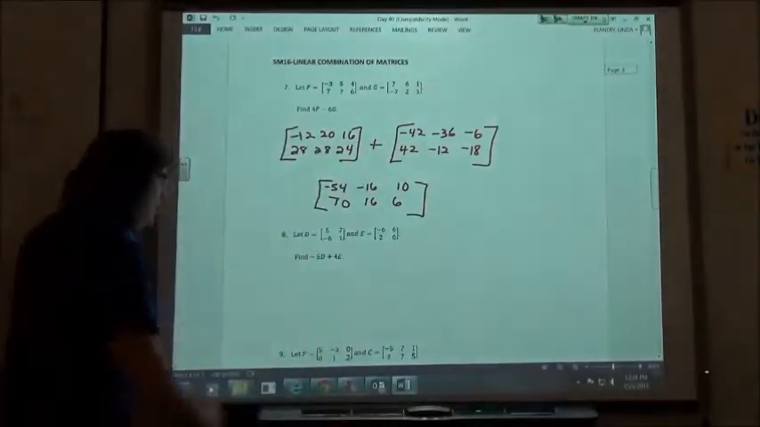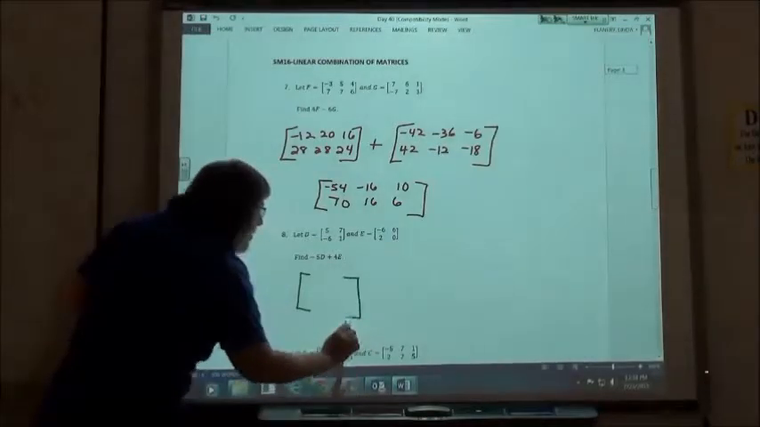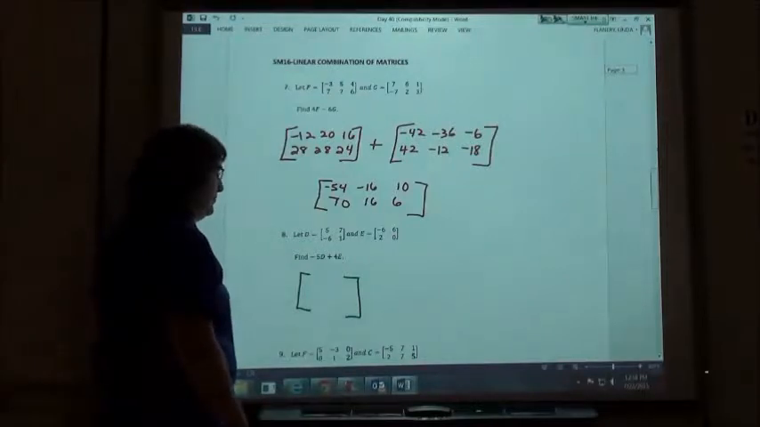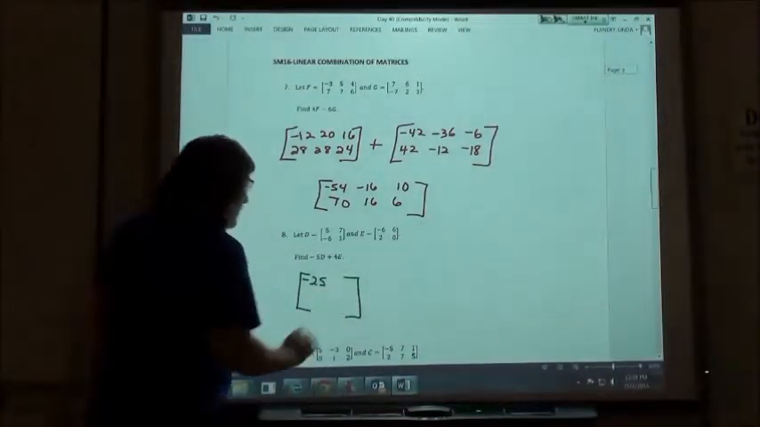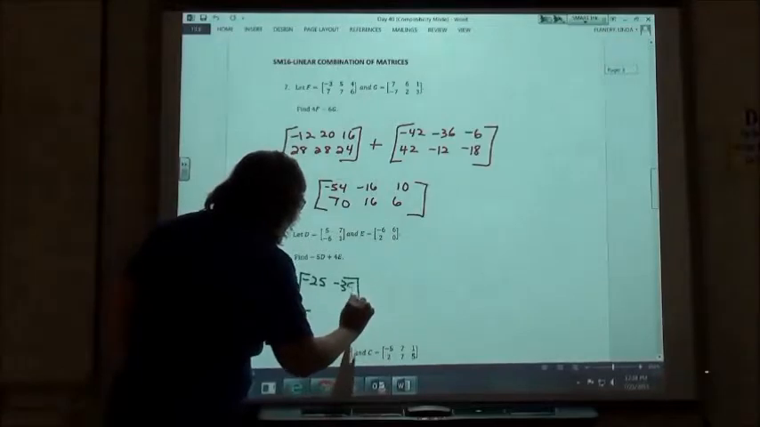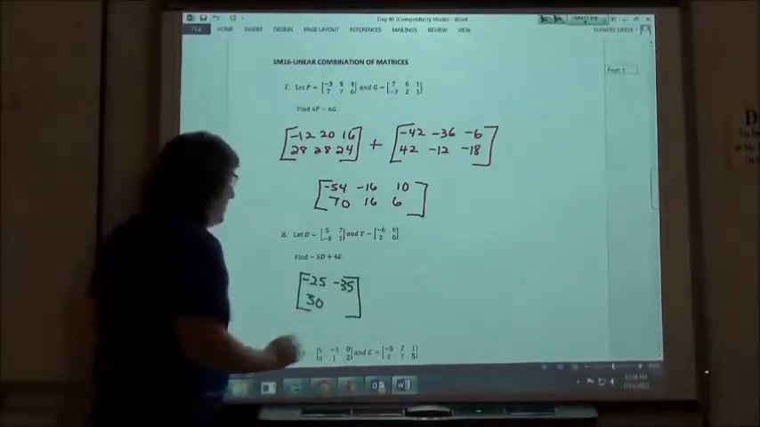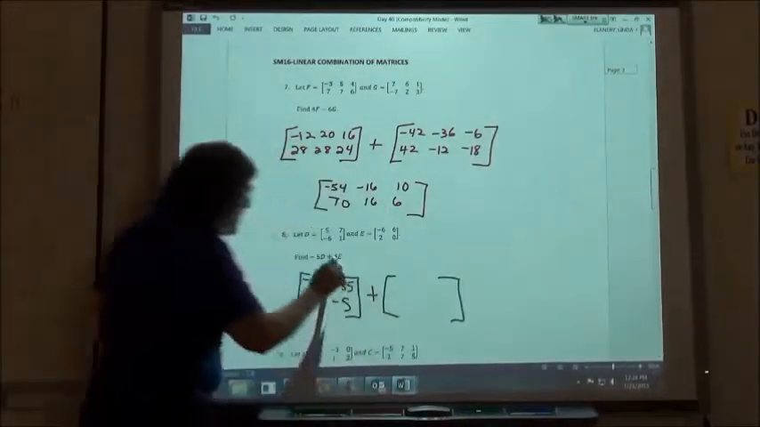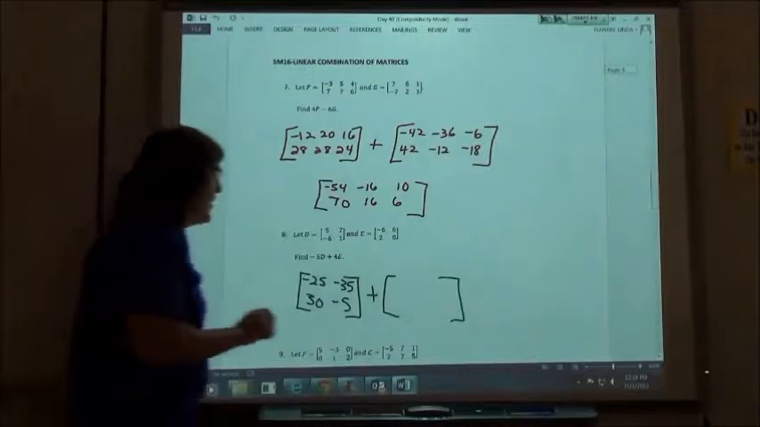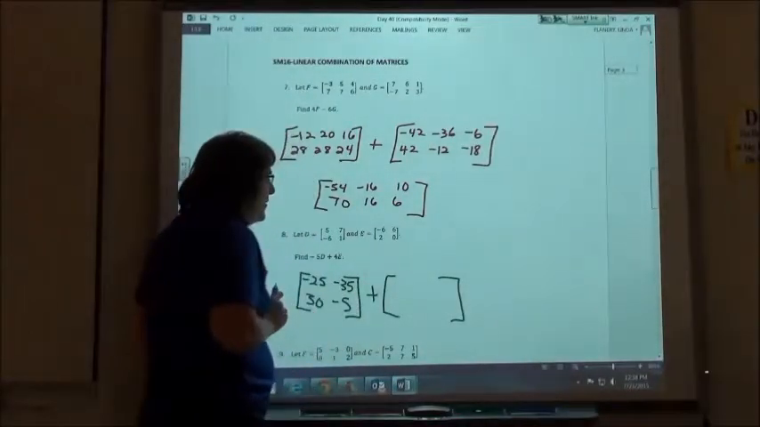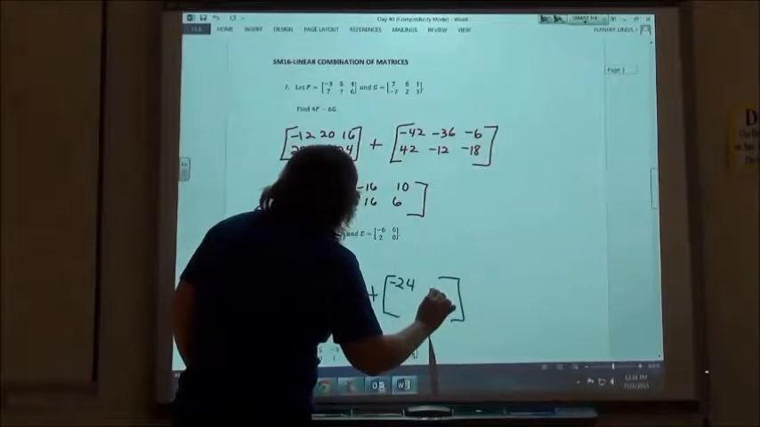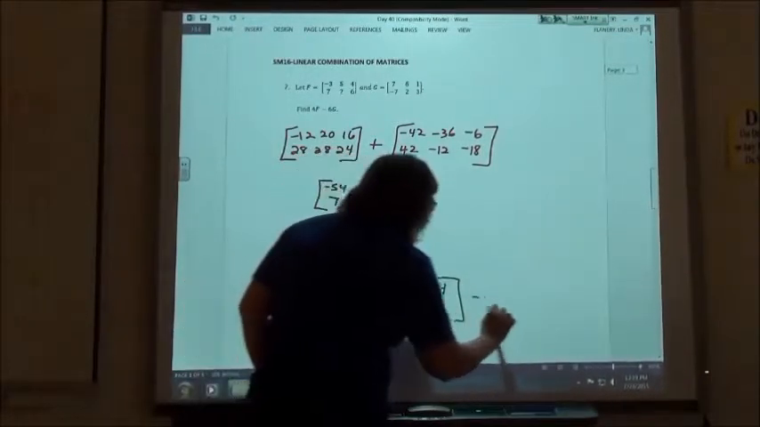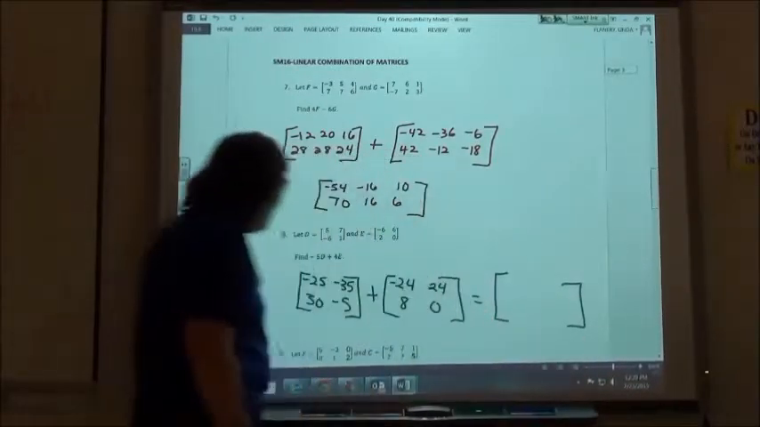So on number 8. If we take d times negative 5, we would have negative 25, 35, 30, negative 5. And we are going to take e times 4. So we would get negative 24, 24, 8, 0. And then we're going to add those two matrices together, so our answer is going to be